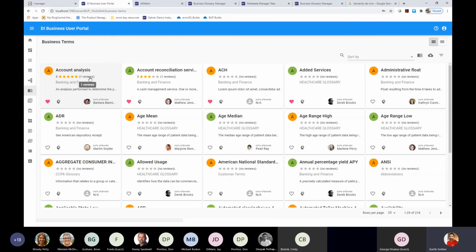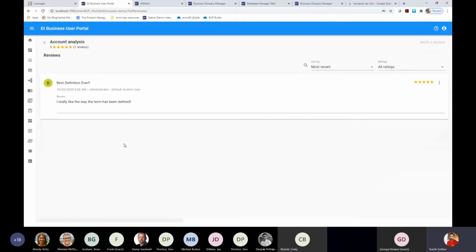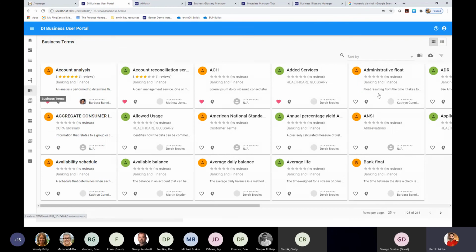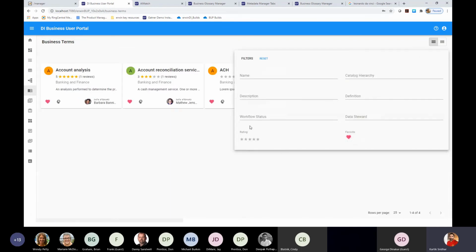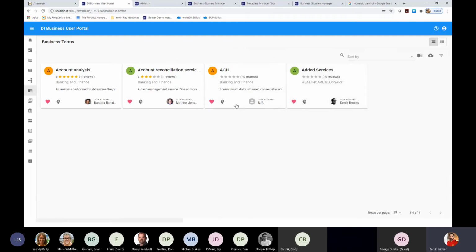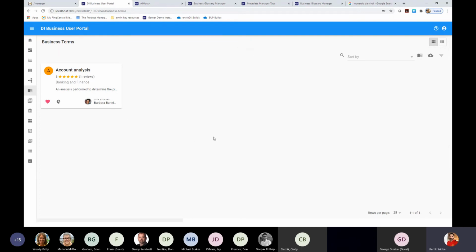If there are multiple reviews provided on this, you'll be able to see all the users that provided ratings, and how many ratings were provided. The tool will roll up and average out the ratings and show you the average star rating for every asset. When you are viewing a particular term, you'll also be able to filter on a particular rating. So if you want to only search for favorite assets, you can flag and search assets that you've already flagged as favorite, or you can further narrow down your search to only 5-star assets.